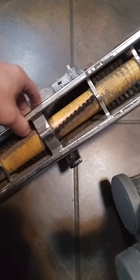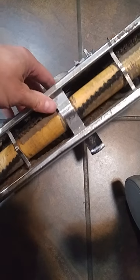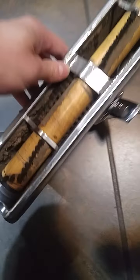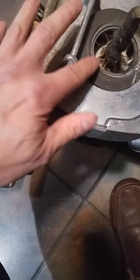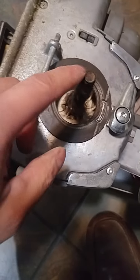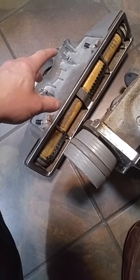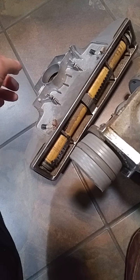So when I already cleaned the brush, at least got a bunch of hair out. So I'll take that out. I don't think it's too worn compared to what I saw online. And I gotta clean a little more up. But the vacuum's working good, so that's good. Yeah, just need to get the belts on, and then I don't know how that actually works. Hopefully I'm not missing anything else, but I think it looks like most is there. So I'll clean this up, figure out where I can find a belt, get a belt, clean this up also, and get some oil. I think I'll use that Baby Love